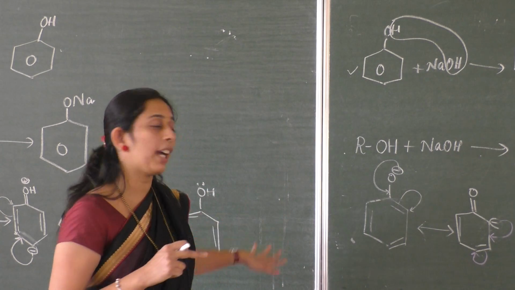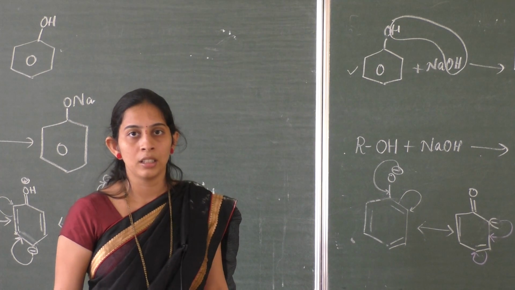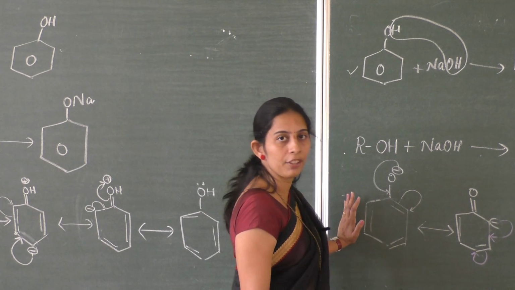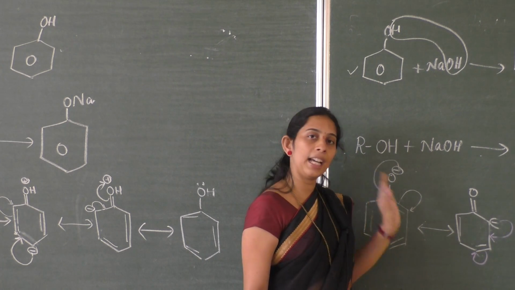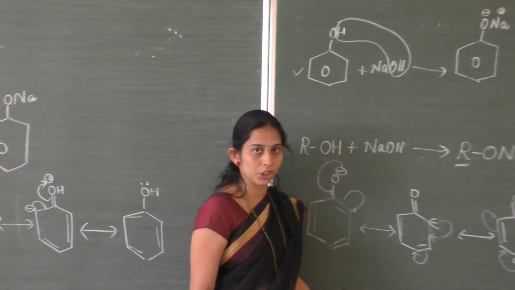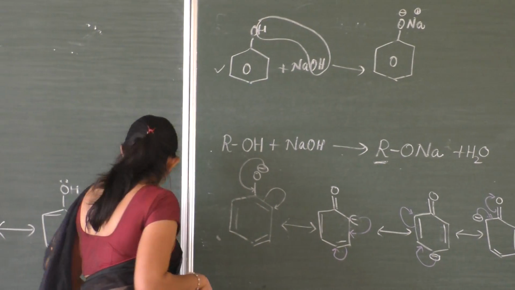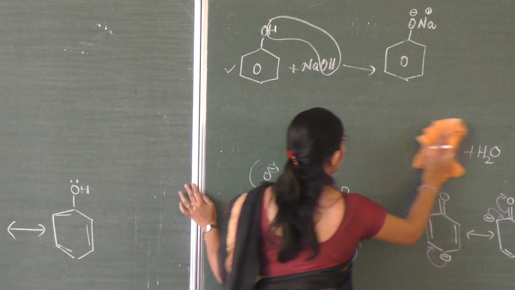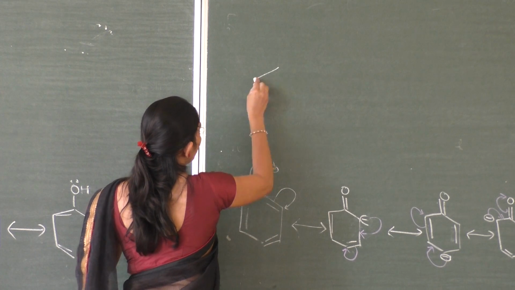And we gave a reason why phenol or a phenoxide ion is acidic. What is the reason behind it? You should remember properly that whenever a phenol or a phenoxide ion is present, it has a high electron density at the ortho as well as the para position. So you can compare both phenol and phenoxide ion. I will write phenol again here, and at that time it will be clear. So this is a resonance of phenoxide ion.